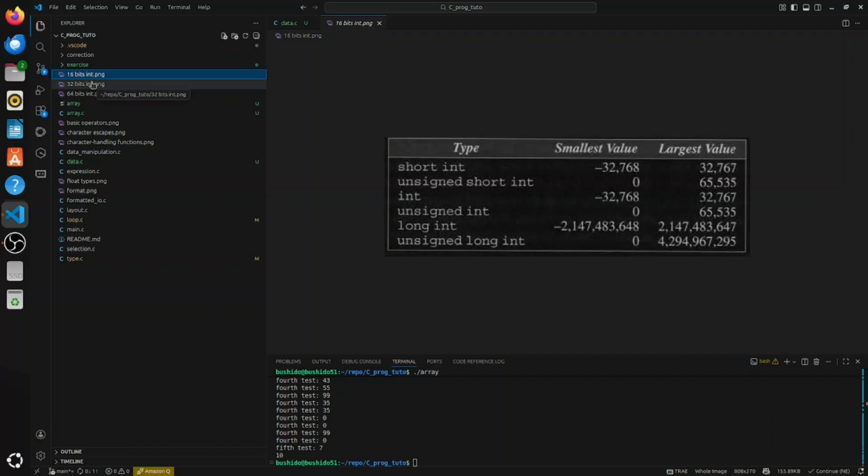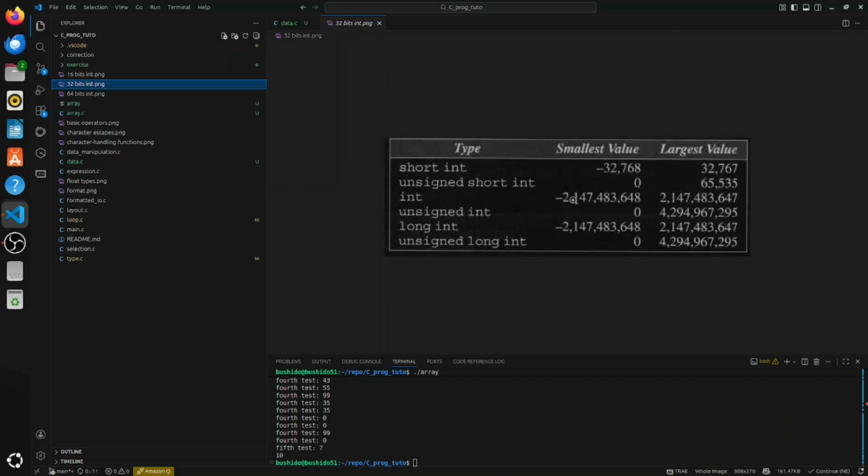corresponding to the architecture. Okay, architecture 16 bits, 32 bits, and 64 bits. We have some differences. It's important for us, like if we want to create code for an operating system. Operating system depends on architecture. So for example, here I have a table, the range of values for each type. Short int, unsigned short int. That is for 16 bits, but when you go to 32 bits, we have a different range